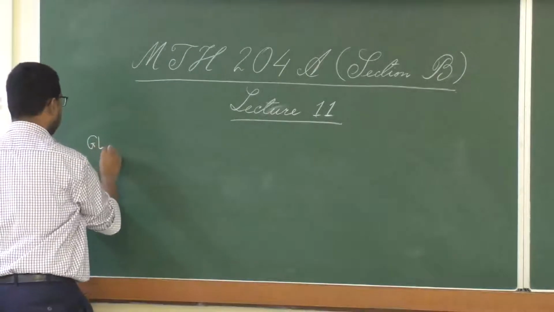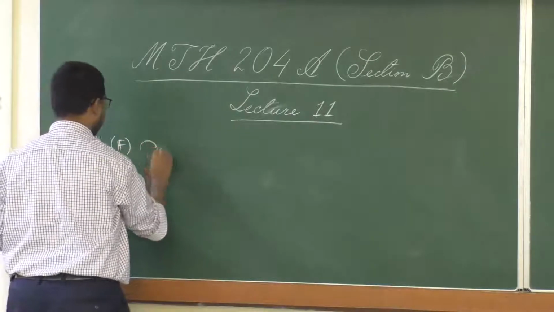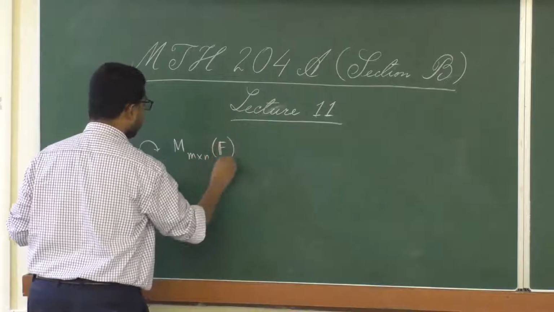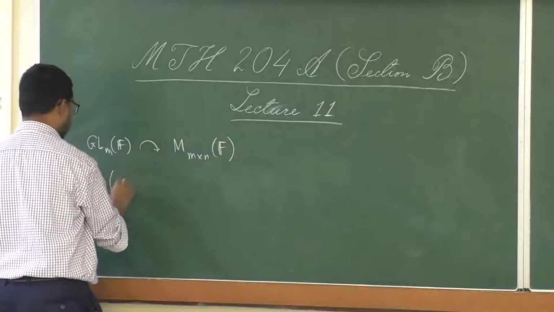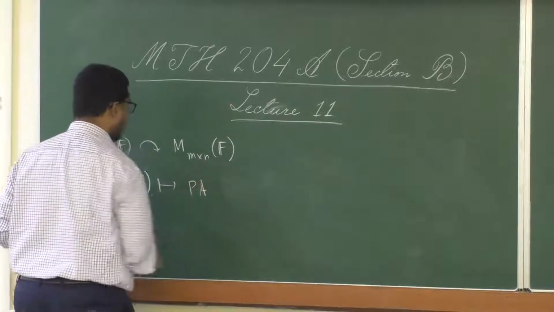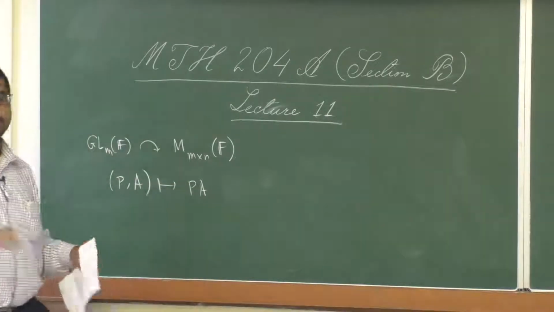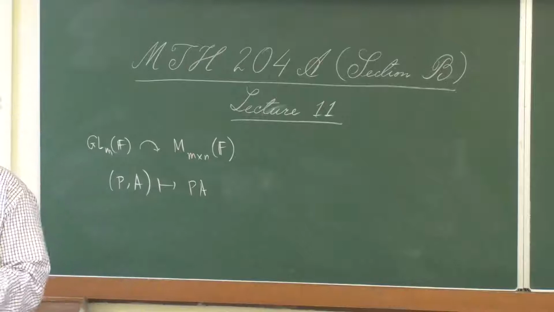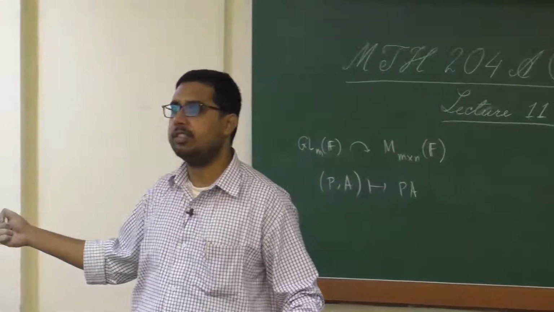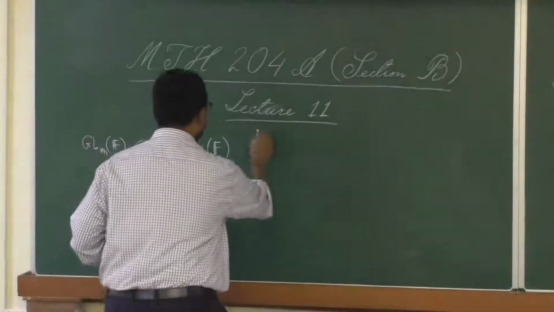Now let us be concrete. GL_n(F) acts on M_{n×n}(F), right? How? If I map (P, A) to PA, the usual matrix multiplication. So here, what are the orbits? Given an A, what is its orbit? Its orbit consists of all matrices which are row equivalent to A. Okay. Similarly, we can consider